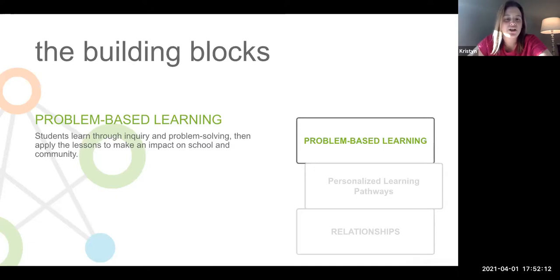Never once have I heard a student ask me, why am I learning this? I'm sure many of you might have heard that come up in a classroom, especially a math classroom. It was me. I can honestly say that I've never heard our kids say, I don't know why I have to know this. And I don't think we give them the opportunity to. So, problem-based learning.